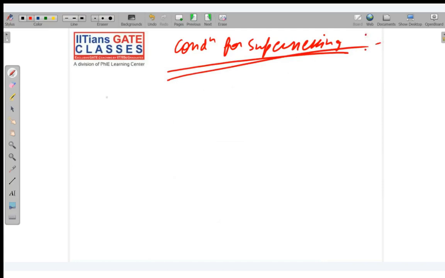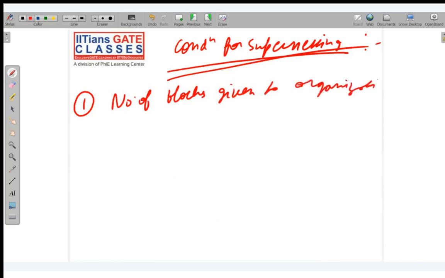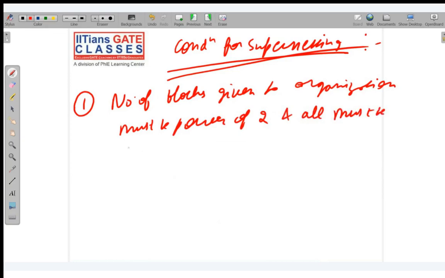First condition is that the number of blocks given to an organization must be a power of 2, and all must be of equal sizes. Are you getting it? So indirectly what I want to say is the number of blocks given to an organization must be